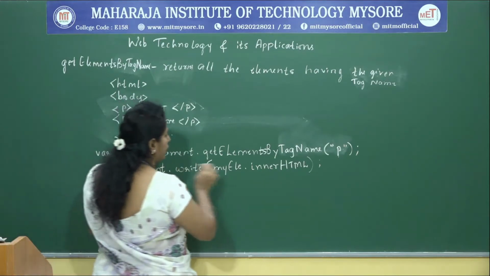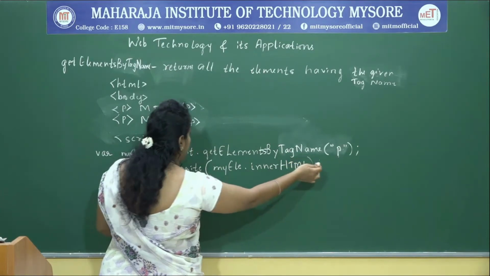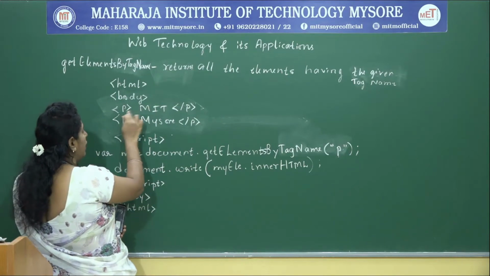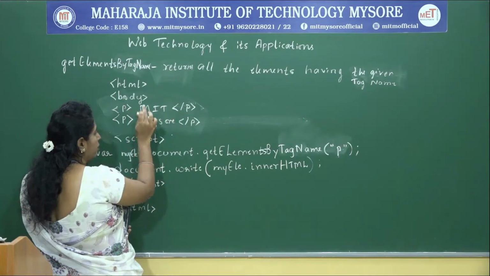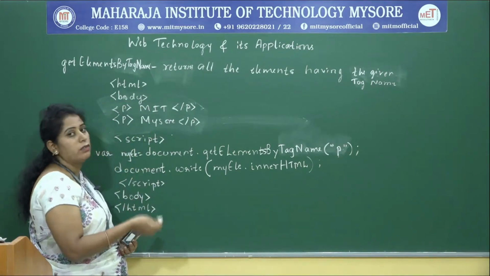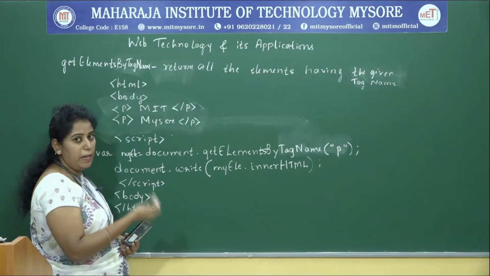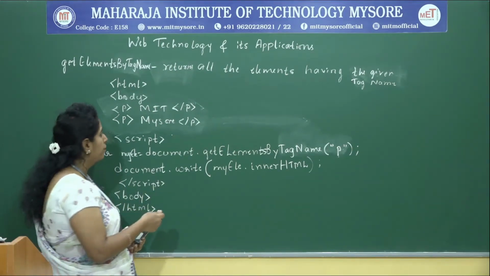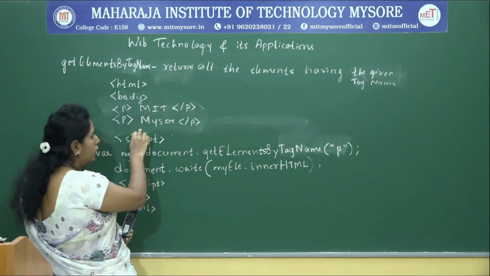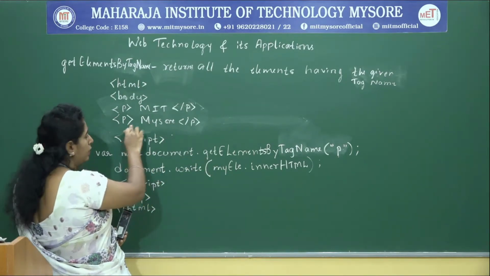So when you execute this statement, P is matching for this tag, then its content is MIT. Next, it searches for more statements matching the given tag name. It finds one more P element,